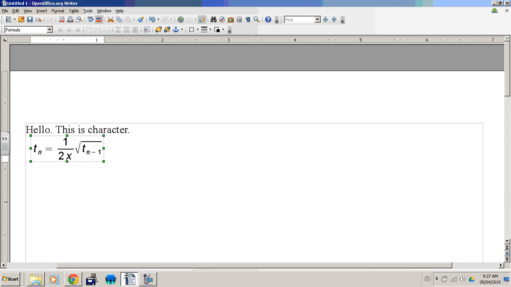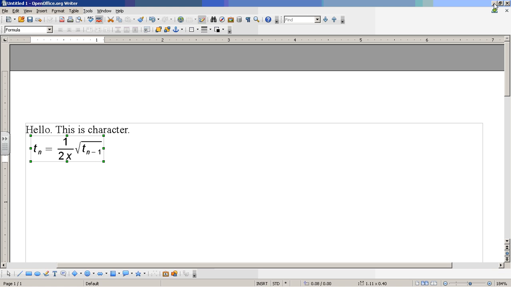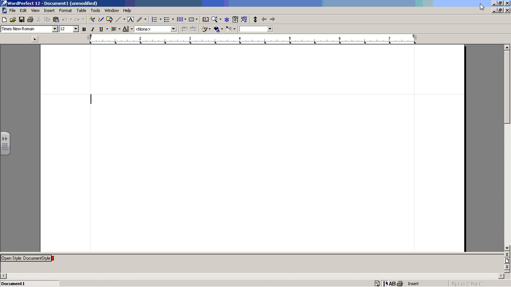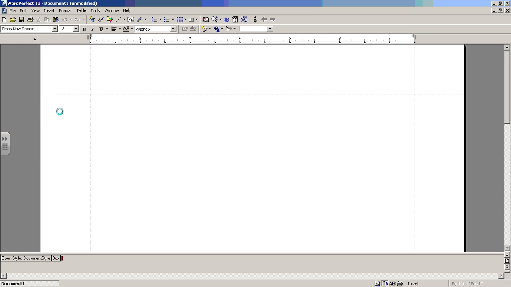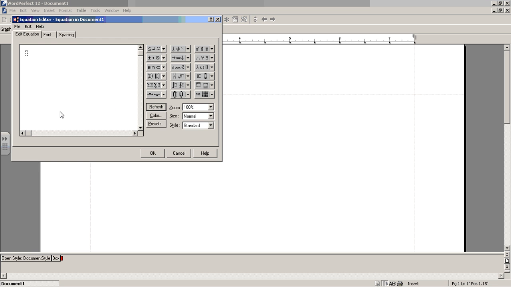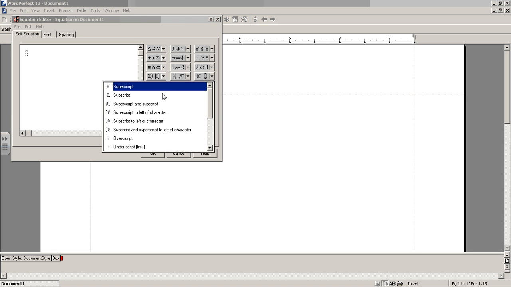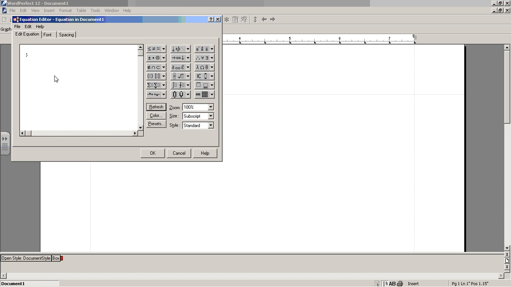All right, now where's WordPerfect? There's Google Docs. There's WordPerfect. So in WordPerfect, insert equation, and it is more like Google Docs, where we can see quite an elaborate equation editor here. So if I wanted subscripts, the subscripts are right there. Notice that it's just the subscript itself. I need to actually put in the text first,